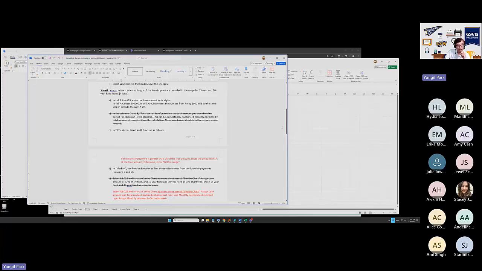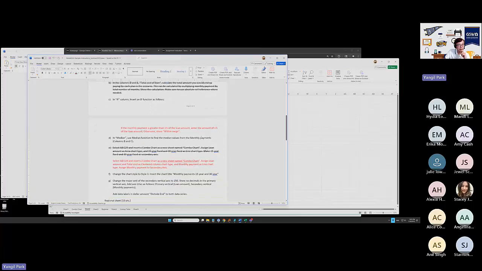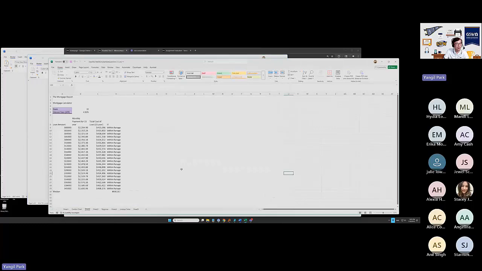Same thing with the next step, which is the combo chart. Okay, the combo chart should be like this. But I'm going to explain it. Okay. All right, so what we have here is